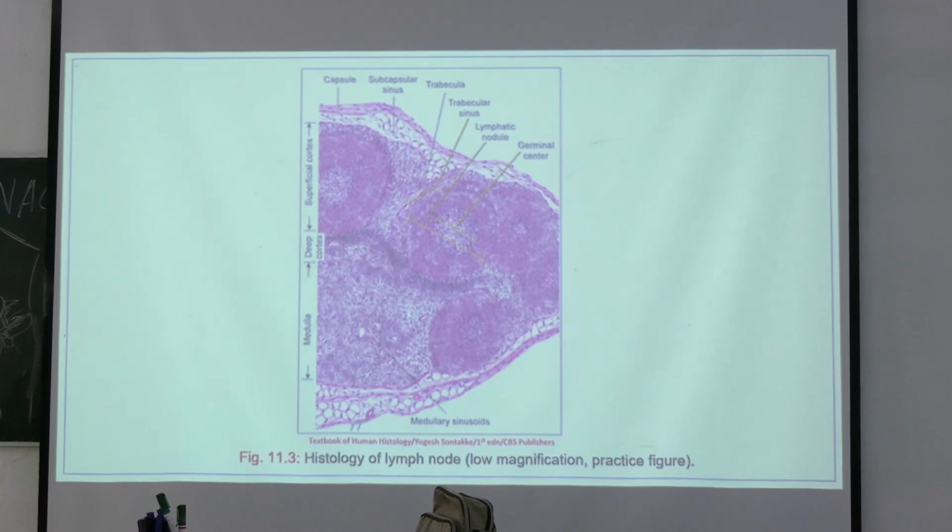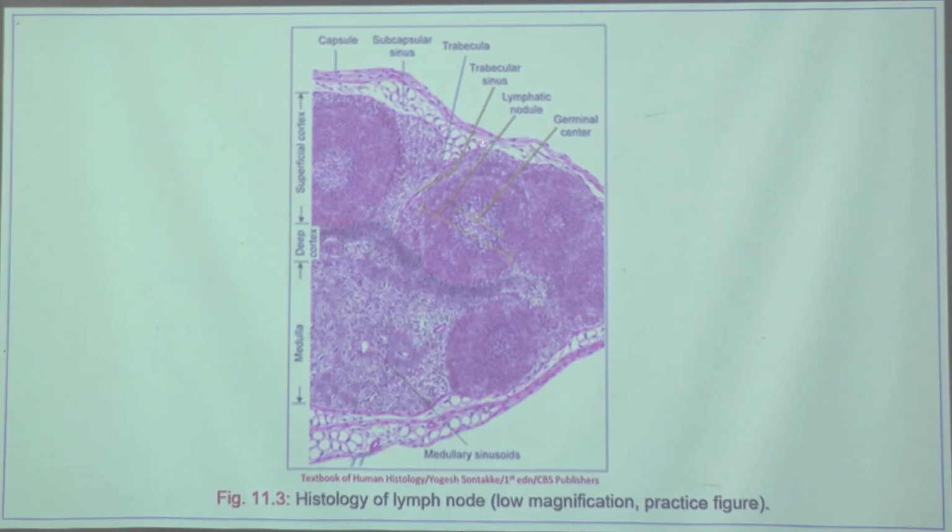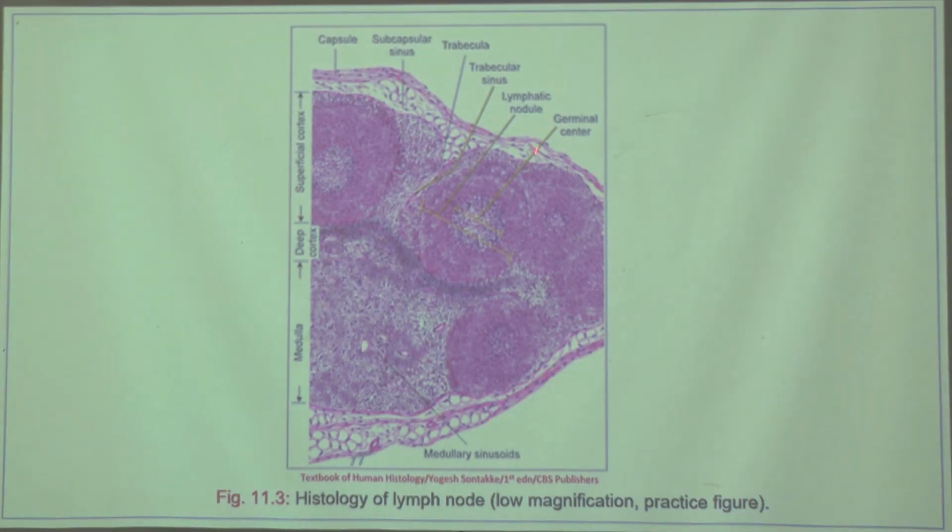Second thing, now see, the capsule is here, subcapsular cortex, trabeculae, trabecular sinus, lymphatic nodule. This is lymphatic nodule. This round circle, lymphatic nodule, and germinal center. Now medullary sinusoids. This is the medulla, deep cortex, superficial cortex. This is the medulla. Now you please come, see, and